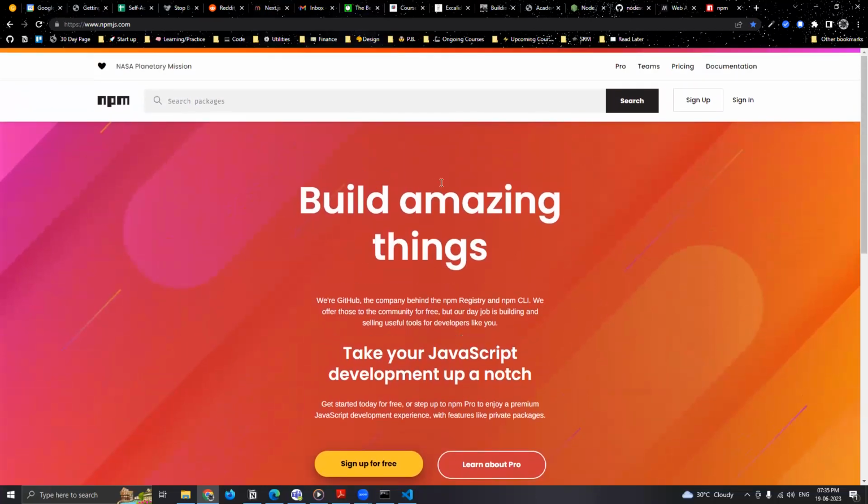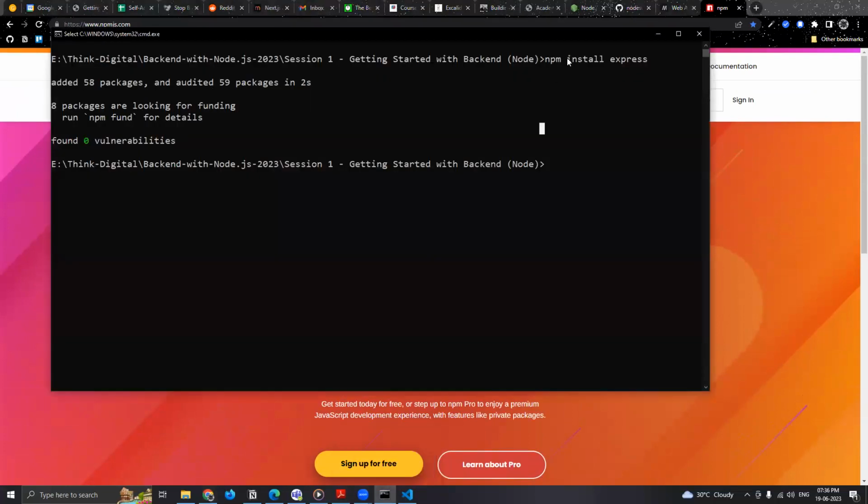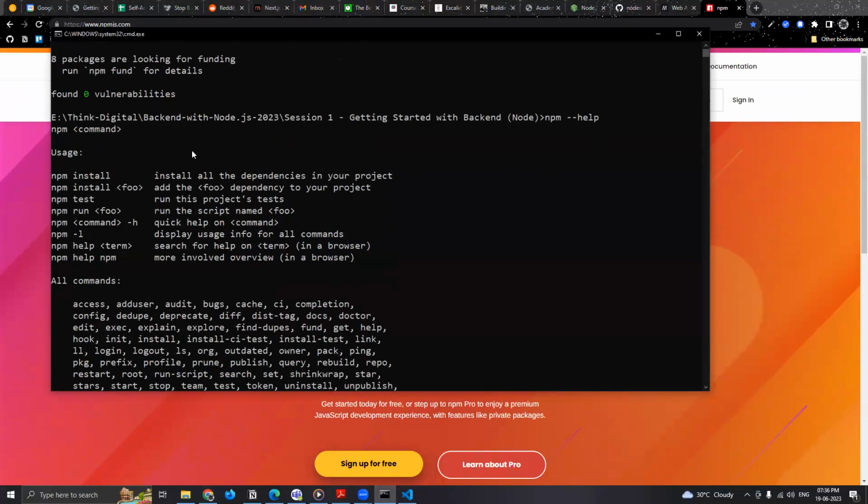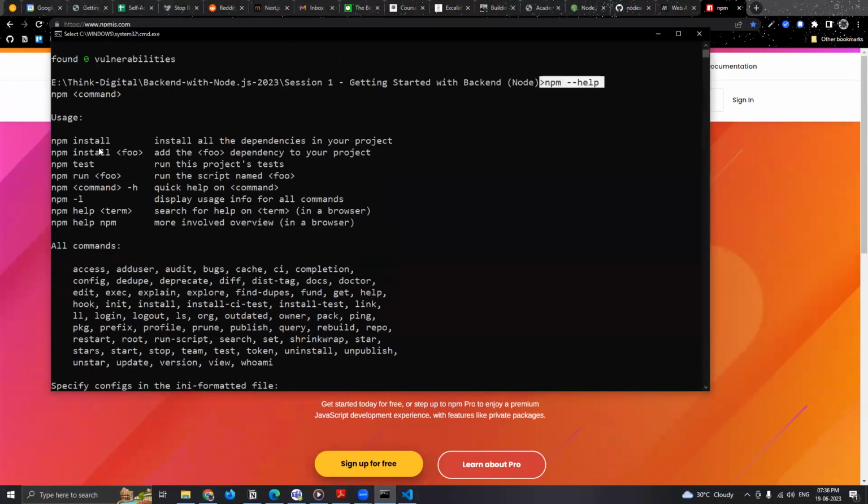From that time, there are probably tens of thousands of them, and it gives you certain syntax that you can type in. For example, npm install, and after that you put in the name of the package that you need to install. In our case, just as an example, we installed Express, right? If you want to see more examples, just put npm --help, and it will give you,